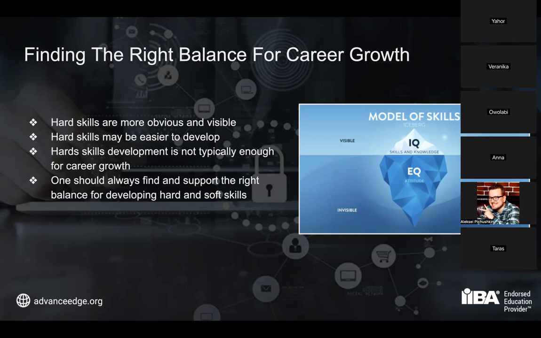Developing hard skills is important. You need this, you apply this in your day-to-day work, but you should also remember that it is not enough, right? And you should also remember about the soft skills and recognize which soft skills need further development. Only when both pillars are being built by you simultaneously and consistently, this is when professional growth happens.